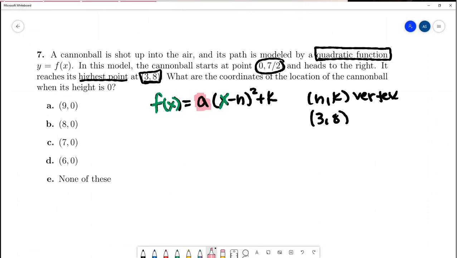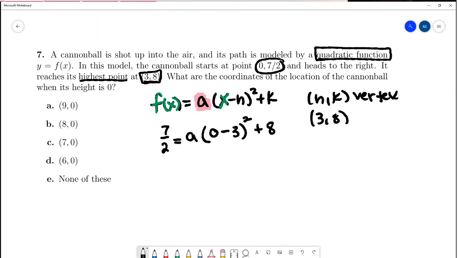And once we know the value of a, we'll be able to find the other points along this cannonball's path. So I'm going to substitute 7/2 in for f of x. I don't know a. 0 in for x. We got for the vertex 3